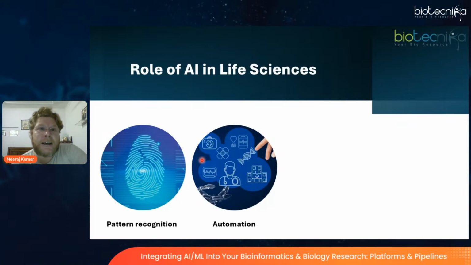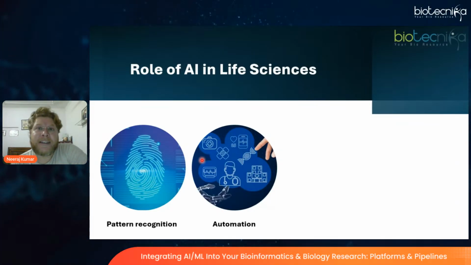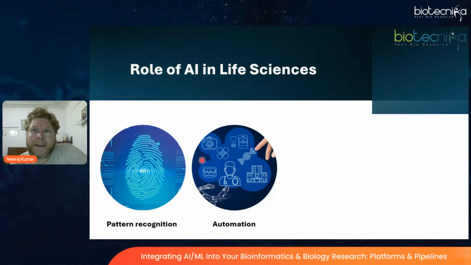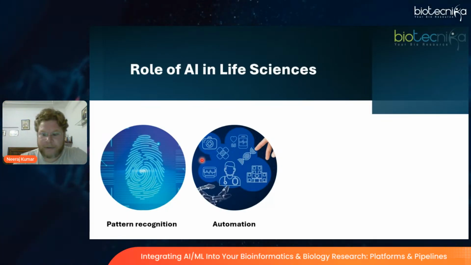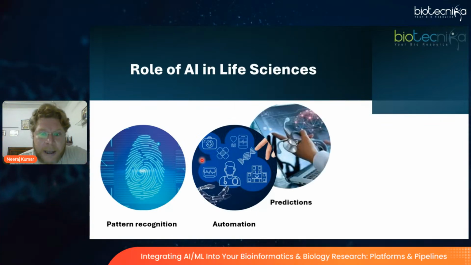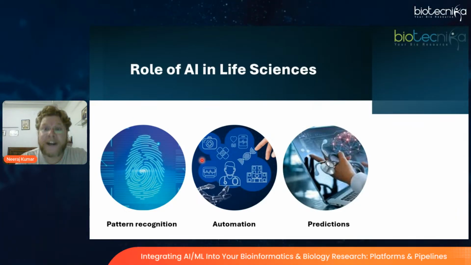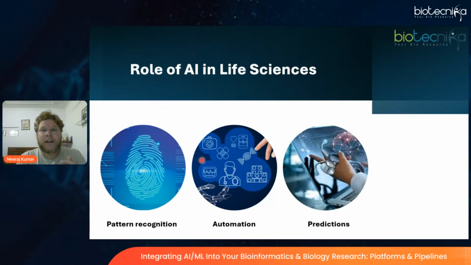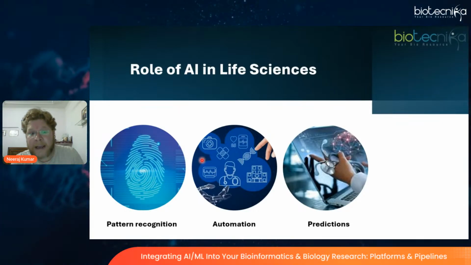Okay. Further, automation can also be implemented in data entry and analysis, where AI can automatically extract and process the information from research papers as well as electronic health records, which can eliminate manual data entry errors as well as speed up literature reviews. Further, AI and ML can be implemented to produce predictions. By means of predictions, it can predict future outcomes on the basis of the learned data, or the past data, or the events that happened in the past.